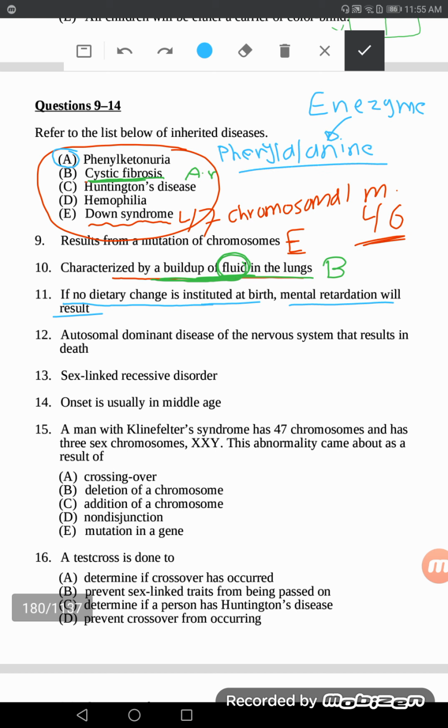But some babies or some people at birth don't have that enzyme. So during eating, this phenylalanine will not be digested and it will be accumulated,